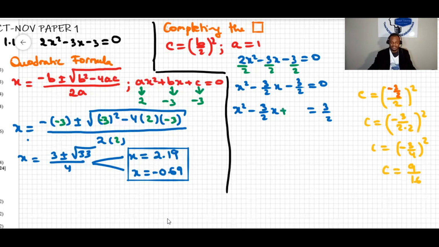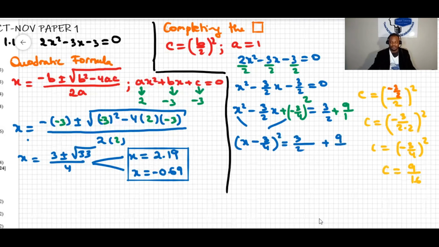Now we're going to add the C value over here. So, plus (negative 3/4) to the power of 2. And then over there I add the same value, but this time I choose to place in the simplified value of (negative 3/4) to the power of 2, which is 9 over 16. Then this will become x squared minus... at the moment that we have completed the C value, we can just take the bases of the first and last term. So it's going to be (x minus 3/4) to the power of 2 equal to,